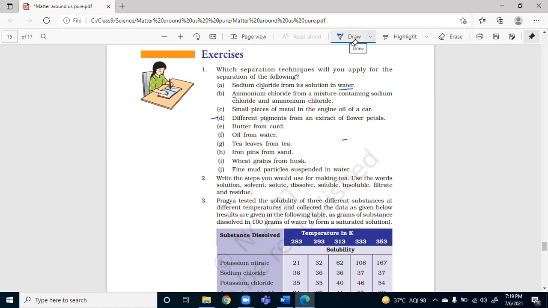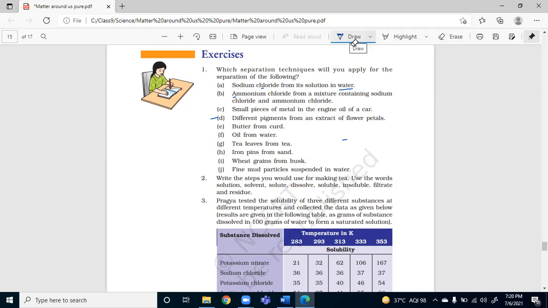And when you switch on the burner and you keep on boiling that solution, then what happens? It is insoluble. Tea leaves are insoluble in the solvent. Now you need to add sugar. And when you add sugar and when you stir it continuously, then you can find that sugar is soluble. Now when the tea is ready, just strain it. Whenever you are straining it, you will be getting some tea leaves as residue, and whatever is obtained, that is filtrate, is the tea which is ready to enjoy.